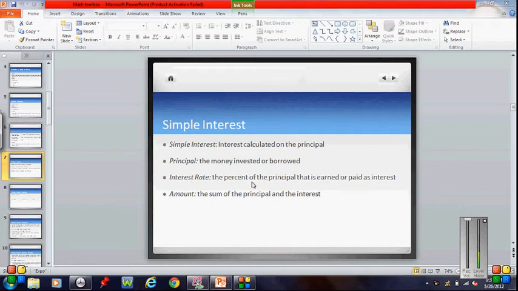Okay, so welcome back. Today we're going to be talking about simple interest. So, what is simple interest? Simple interest is interest calculated on the principal. What does that mean? That means that when you have simple interest, you have a base amount or a principal